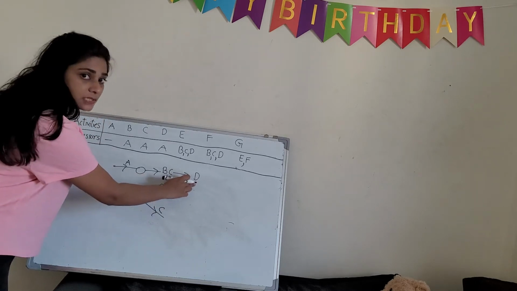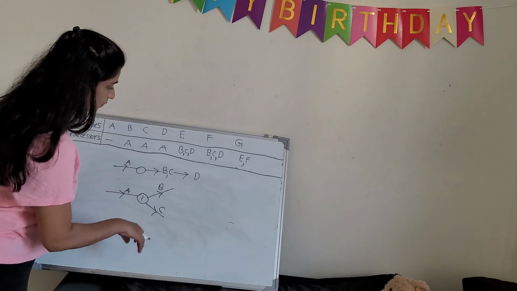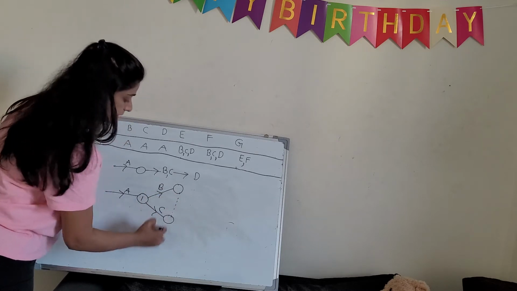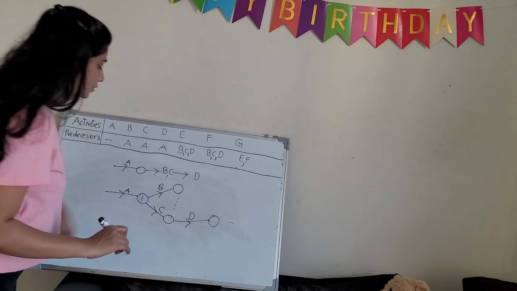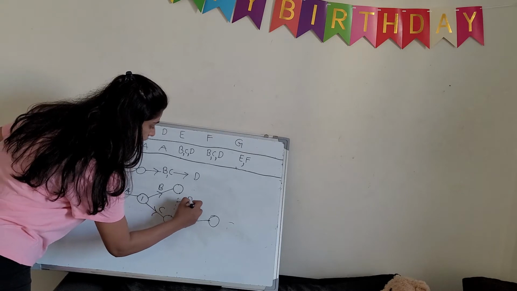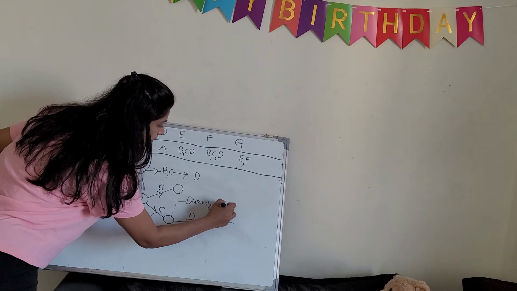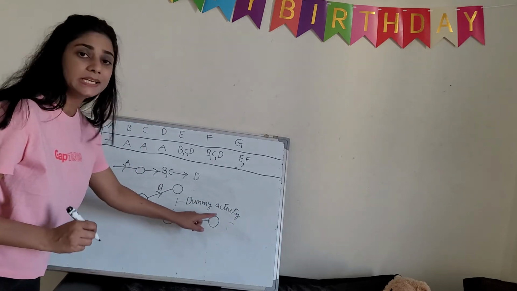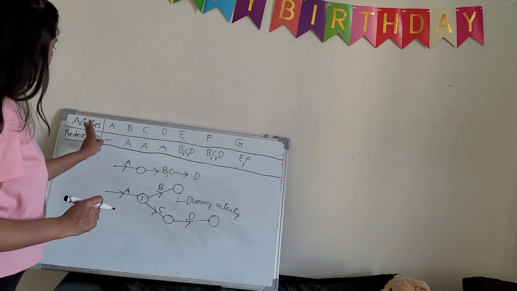Now we can start D when B and C are completed. So how can we do it? We will connect this B to C. Then we will start the D activity, the next activity, from this point. So this is a method to put the dummy. This dotted line is called a dummy activity. So this is the way we put the dummy, and then we start the next activity in our PERT network.